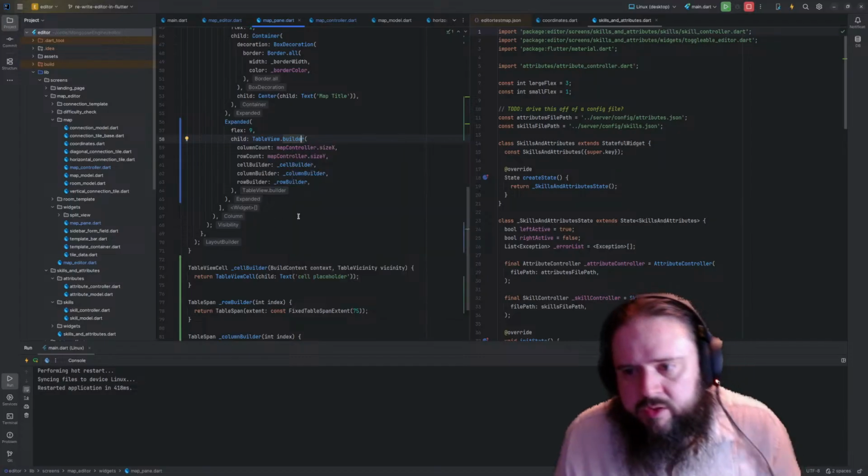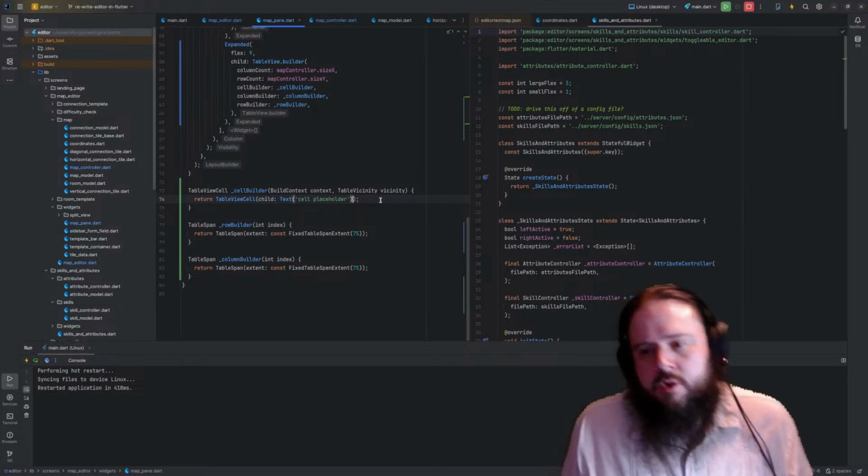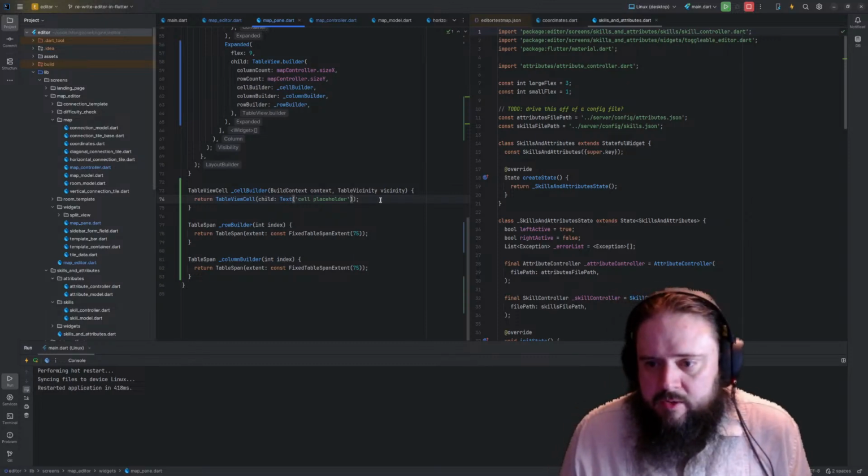I don't think we need to do anything else with those. I think if I understand what's going on here, we should be able to say in here,